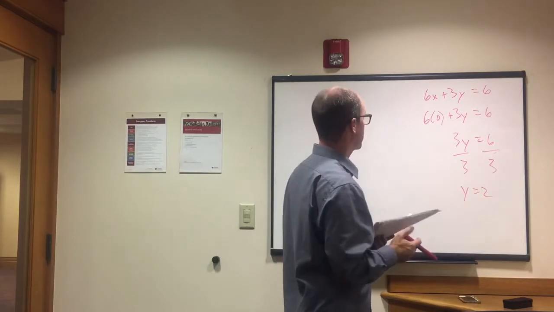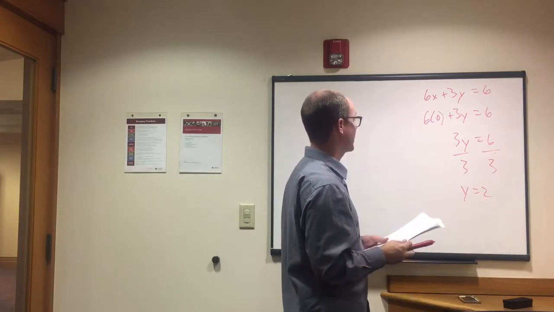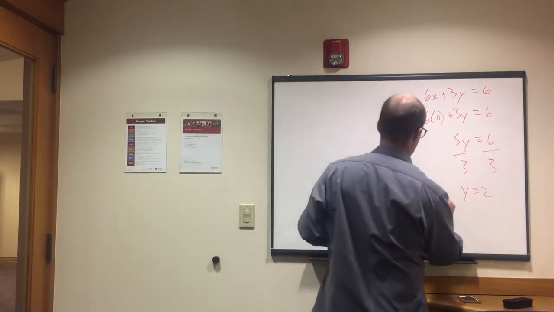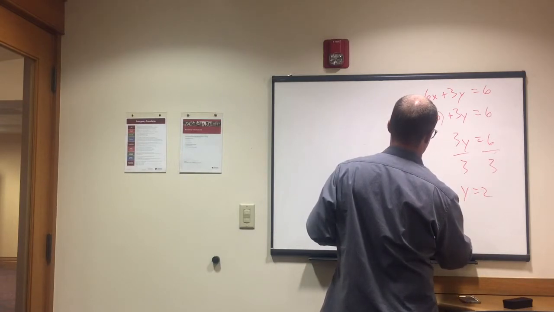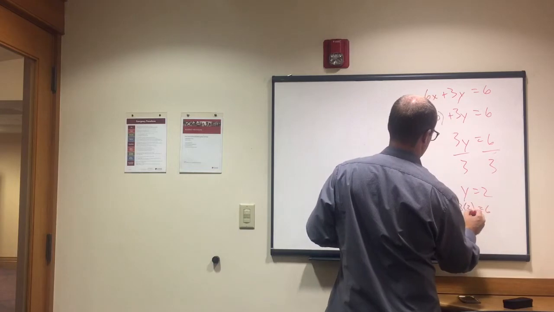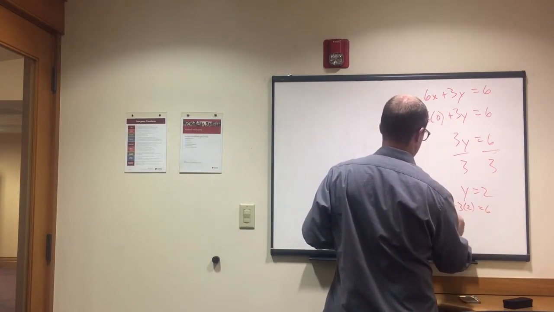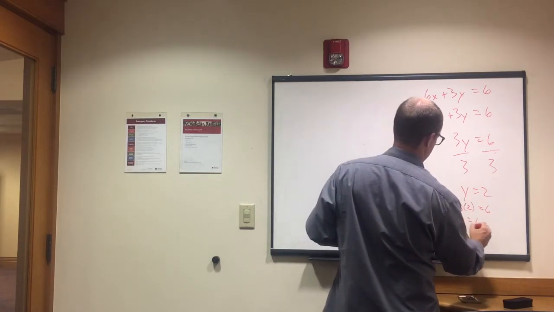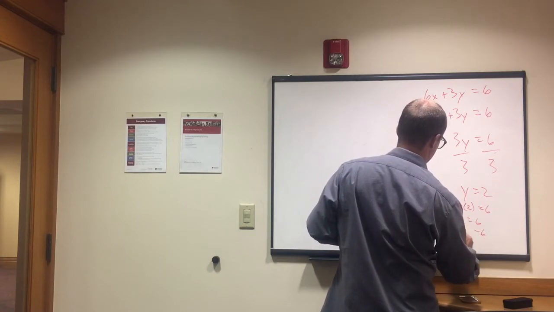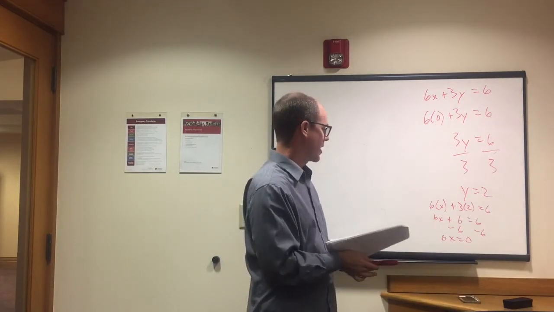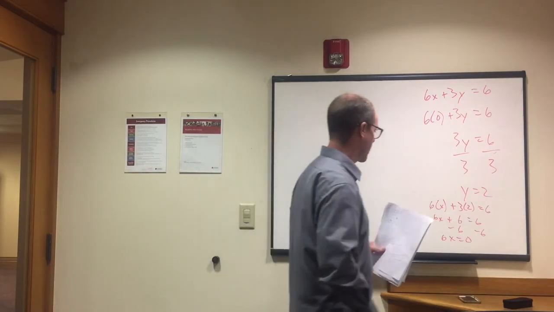Okay, and that's really all you got to know. If you then have to go and find slope, then you would plug in this y equals 2 up here. We can do it, right? Then it would be 6x plus 3 times 2 equals 6. So 6x plus 6 equals 6. Subtract 6 from both sides. 6x equals 0. And then we divide each side by 6. x would be 0, right? And that's how we would